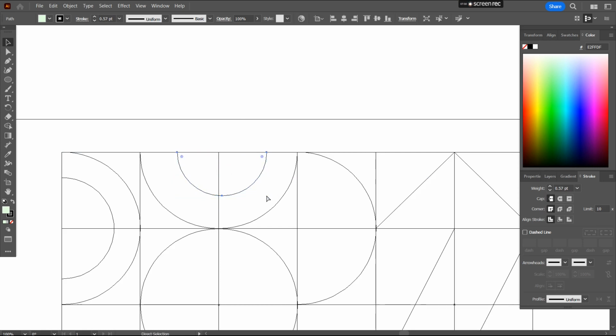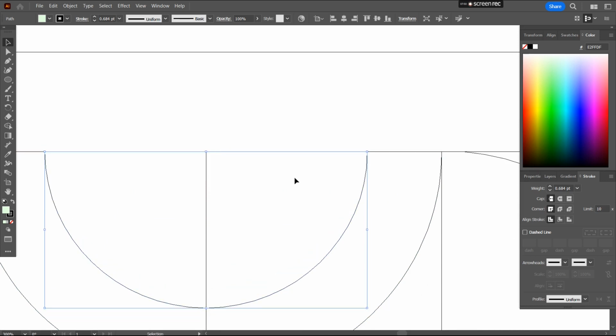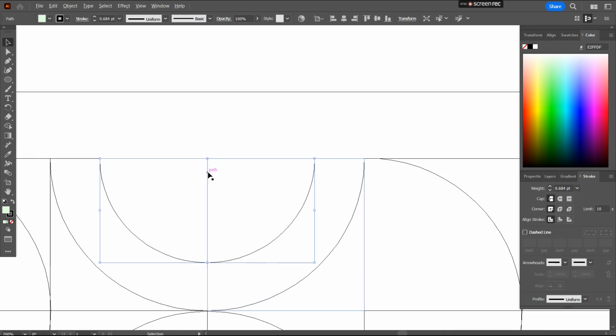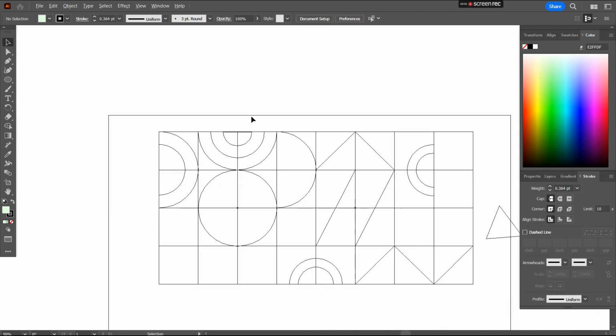Press Alt and Shift, make it a little bit bigger, again match with the path, and I want to create one more, Control C, Control Shift V, and Shift and Alt, reduce it further, hold the path, press Shift, bring it down here. So I have three now,